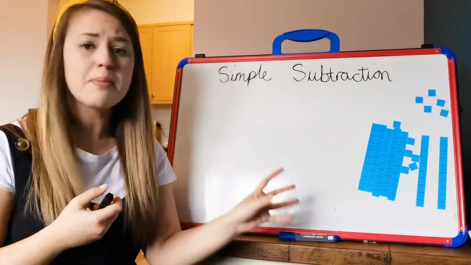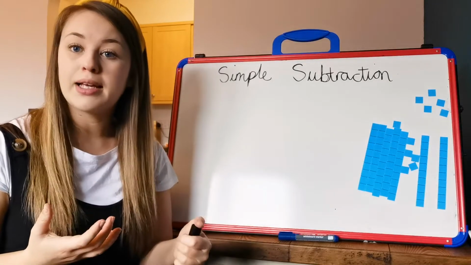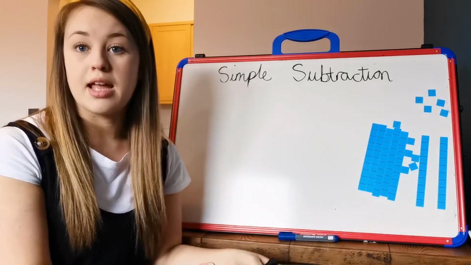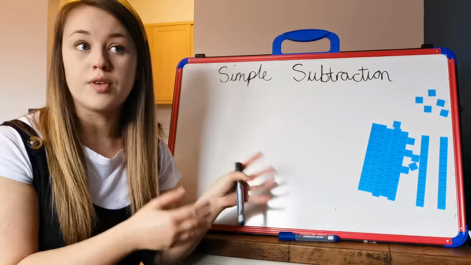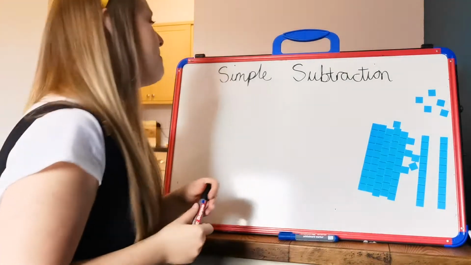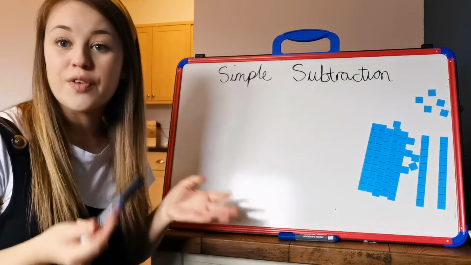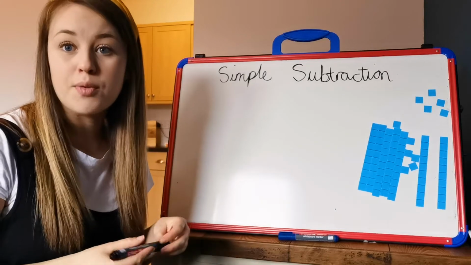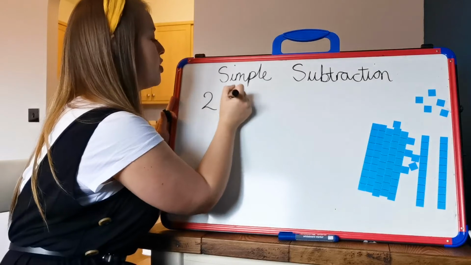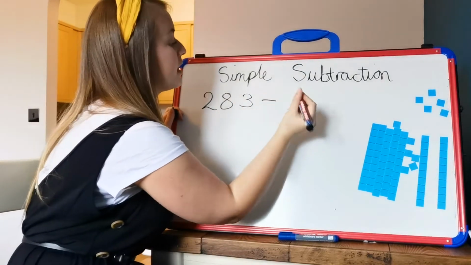So doing methods like this, sometimes they don't need to do it, but they need it as like a comfort blanket, because they know that what they're drawing will give them the right answer at the end. And once they've got that confidence with the drawing, then they can go on to more fluent things like mental subtraction. So that's why I always say this isn't just for the younger children, this is for everybody, because it really depends where you are in your journey. So, bigger numbers. If I'm going to take 283, and then from 283, I'm going to take away